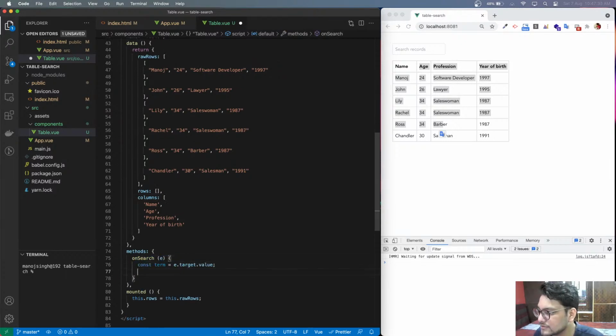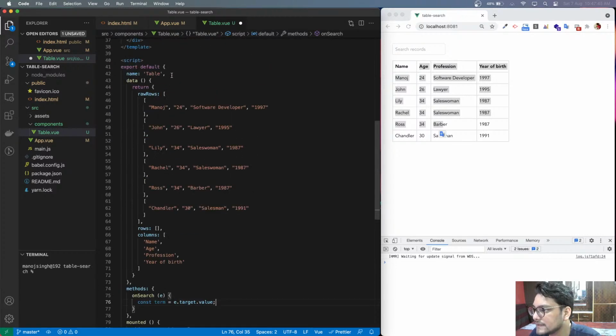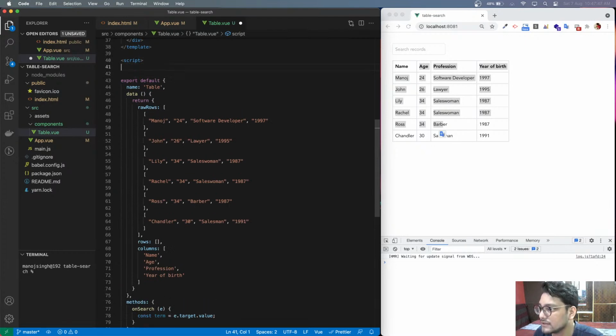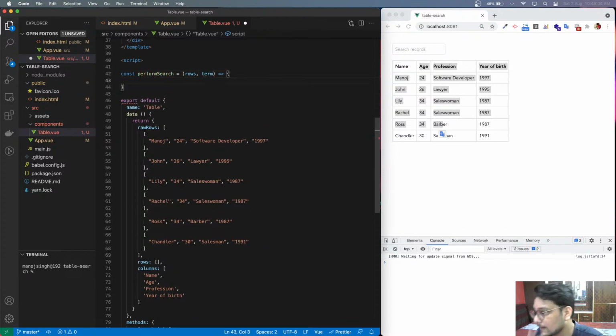So now what I'm going to do is this.rows. Let's create a function outside this. So let's go here and create a function called const performSearch, and we are going to take all of the rows and the term as well, and we are basically going to return the results, right? So I'm just going to say return results,